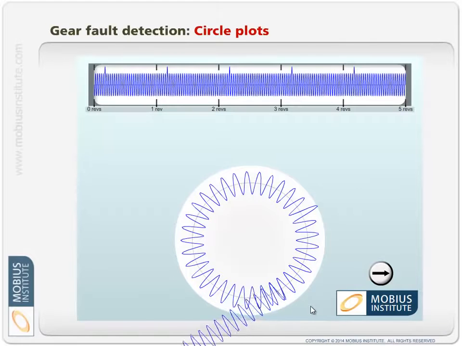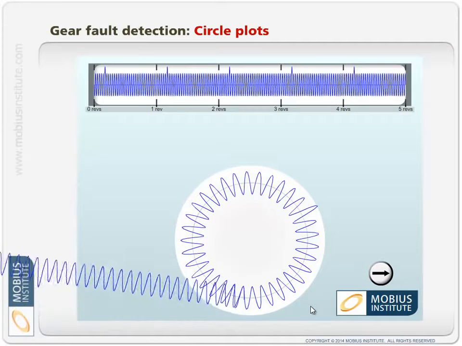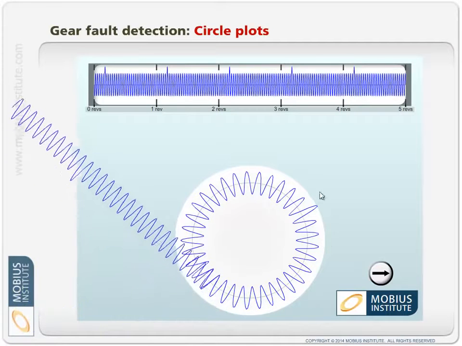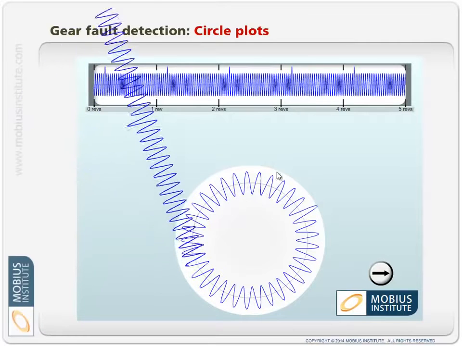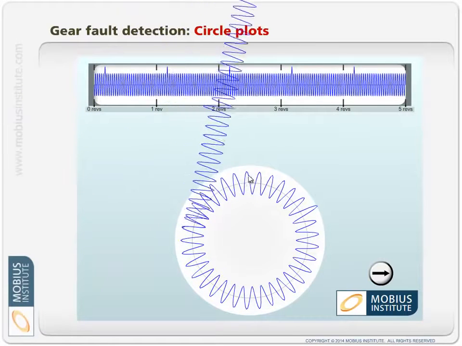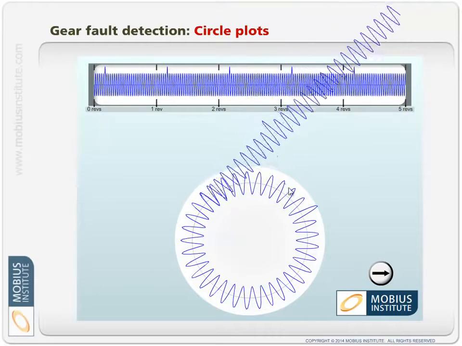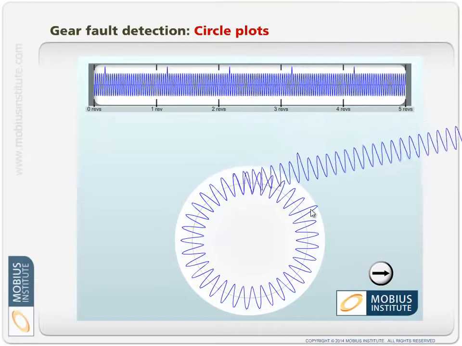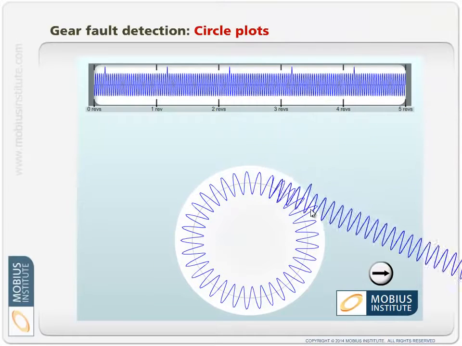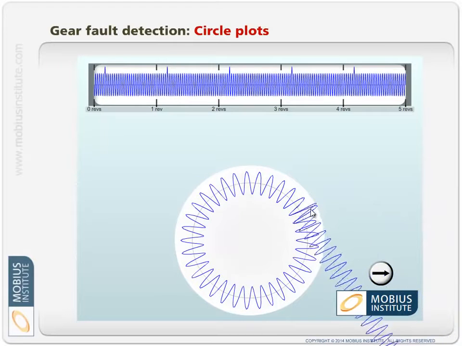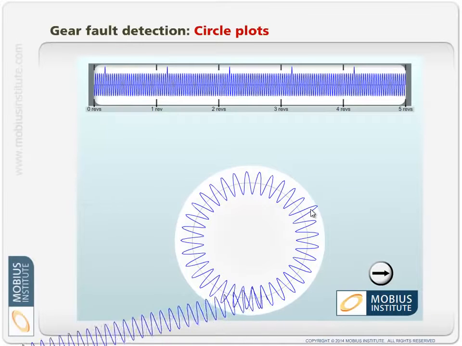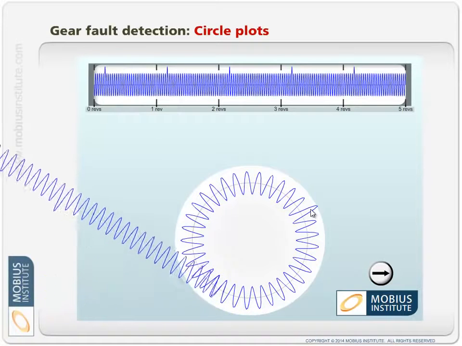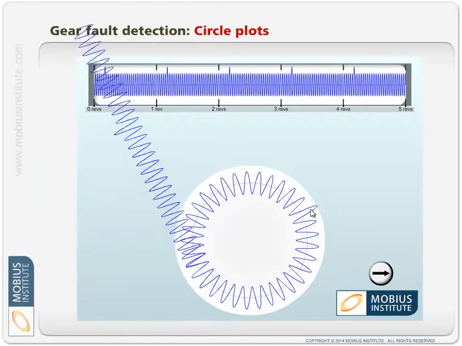And with time synchronous averaging, you can even figure out where they are, because you know that this is the start of the tach signal. You can say, well, 1, 2, 3, 4, 5, 6, 7 teeth around from where the tach reference was is where the damaged tooth is. That'll really freak out any of the guys working on the gearbox when you can say, not only do I know that there's a damaged tooth, I can tell you which one it is. Man, they're going to be impressed. But anyway,